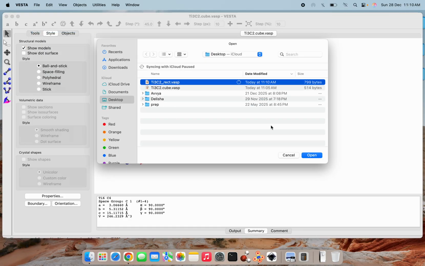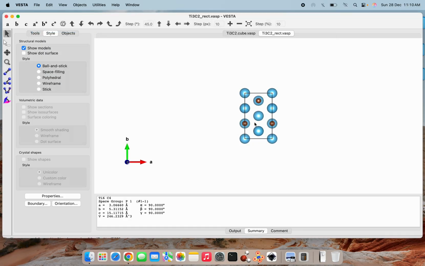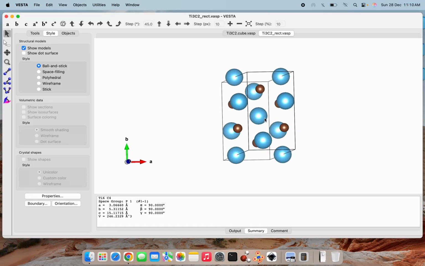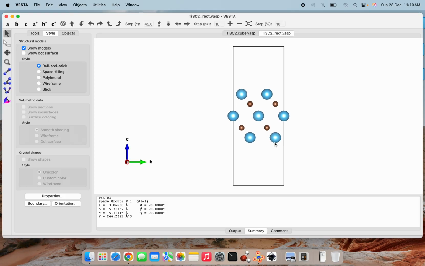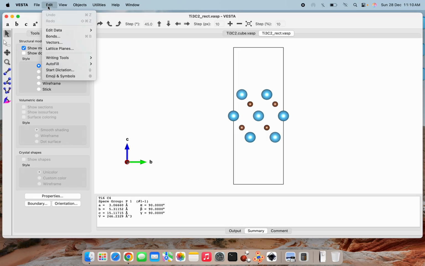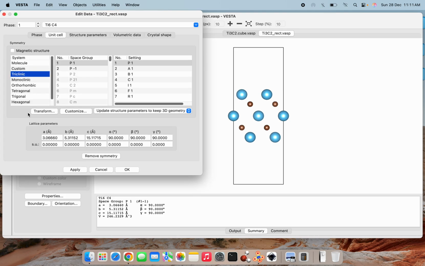Okay, so let's open the file which we have saved. Here I am opening this Ti₃C₂ rect file. Now you can see this is how the structure looks after the rectangularization. Okay, so now this part is clear. To construct a surface along the 101 direction, we need to have a little bigger cell, a kind of supercell. For that, here we can go to the unit cell, and in the